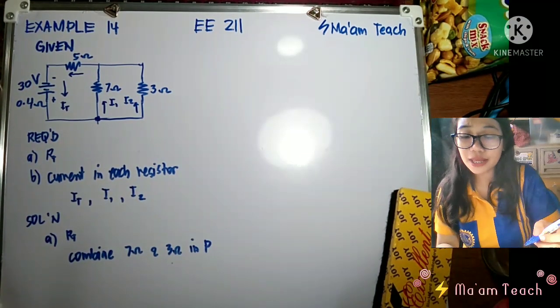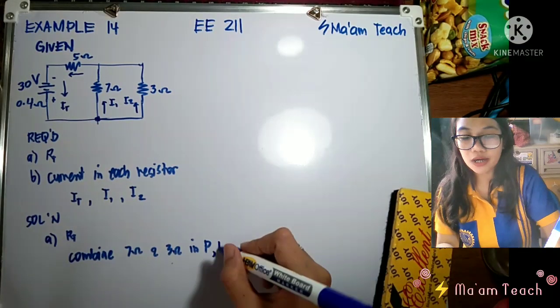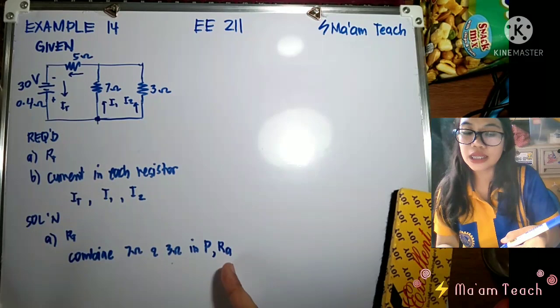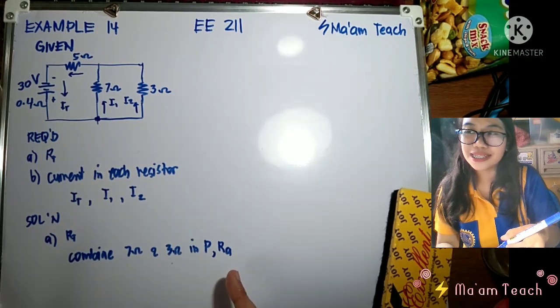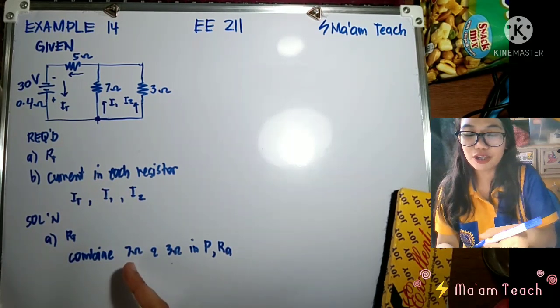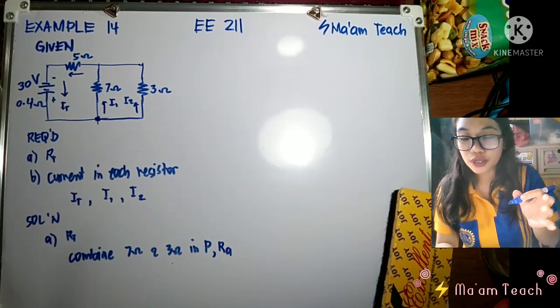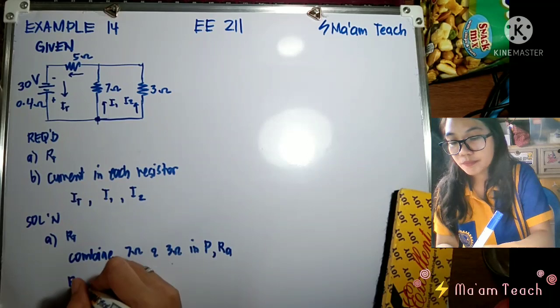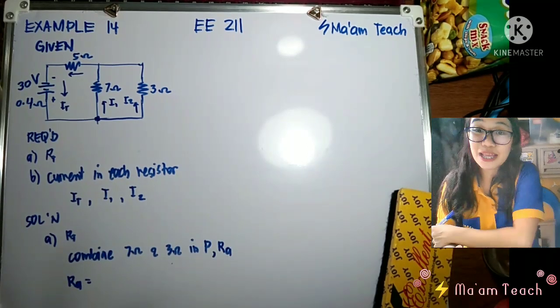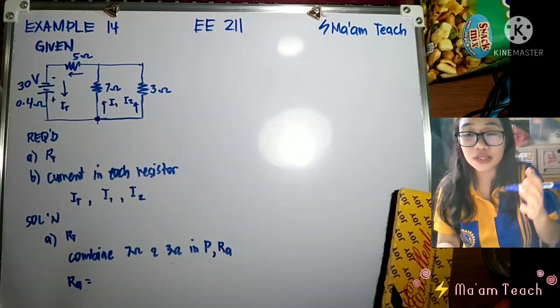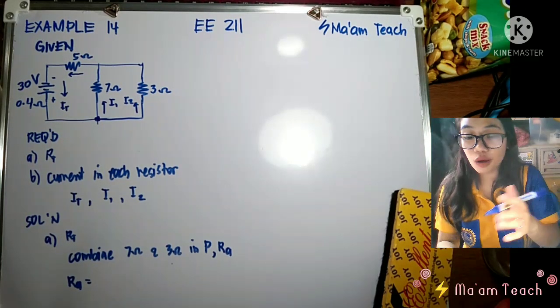Okay, and let's name it, let's say, R sub A. So R sub A is the resultant, or the sum, of the 7 ohm and 3 ohm in parallel. Now, if you could recall, in order for us to determine the total resistance in a parallel, what will be our formula? If you could recall, it is the reciprocal of the sum of the reciprocals of